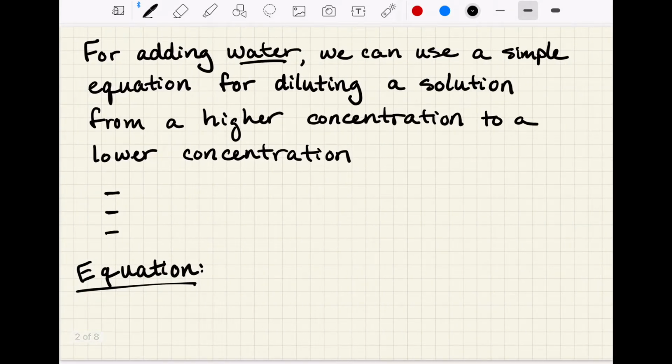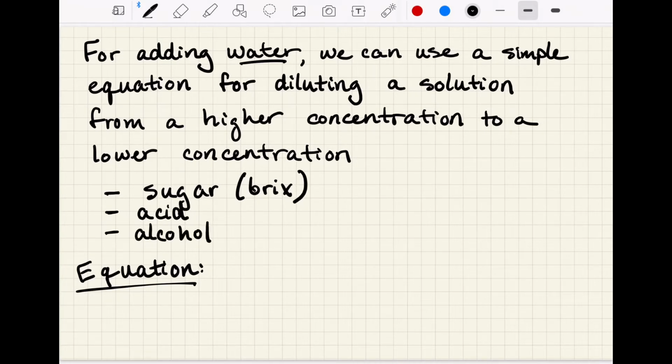In the case of adding water, we can use a really simple equation for diluting a solution from a higher concentration to a lower concentration. And that works for things like sugar, which we can also talk about as brix. It works for things like acid, and it works for things like alcohol. If any of those are in a higher concentration than you would like, you can ameliorate by adding water to